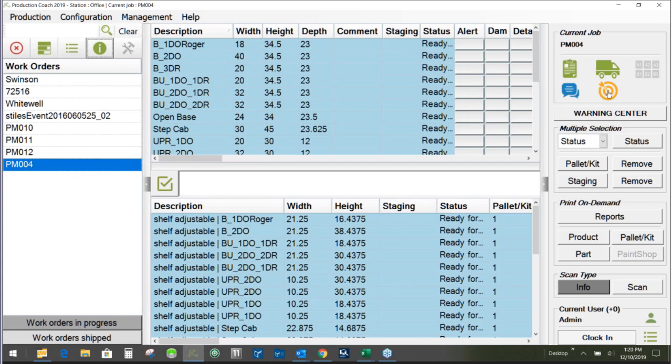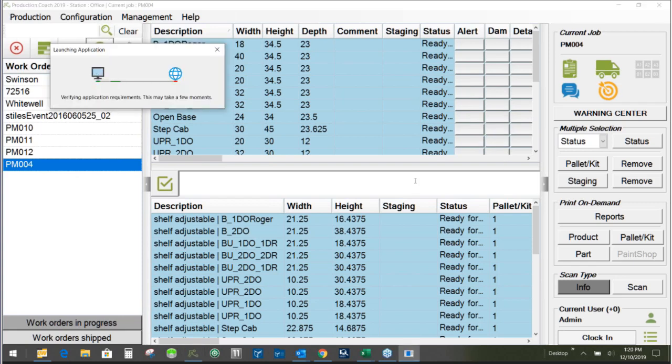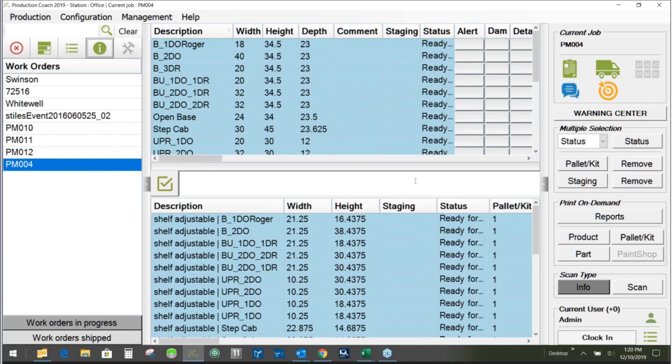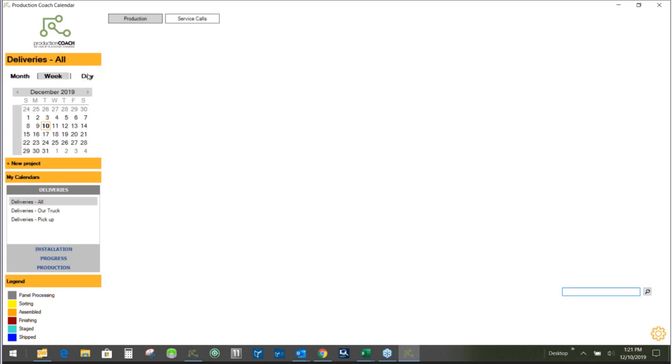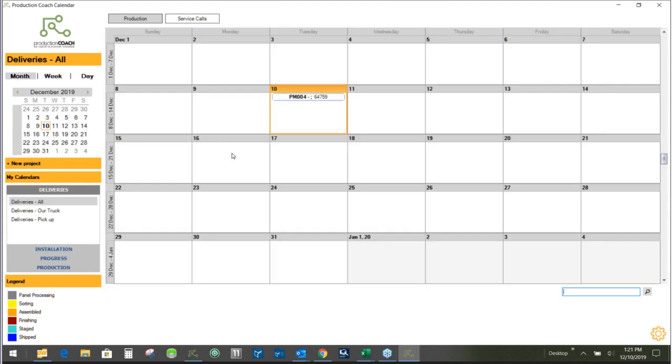I'm going to go ahead and click on the icon for the Google Calendar. And what you're going to see, as the calendar appears on screen, is that I only have one work order in my calendar. That's on purpose for today's webcast, so that what I'm going to show you will not be cluttered with dozens or hundreds of work orders. Of course, being a calendar, you can look at it a day, a week, a month, however you want to view it. I'll try not to move my screen too much, and so I'll leave it here at a month view for this, and we'll see that the only work order on the calendar is